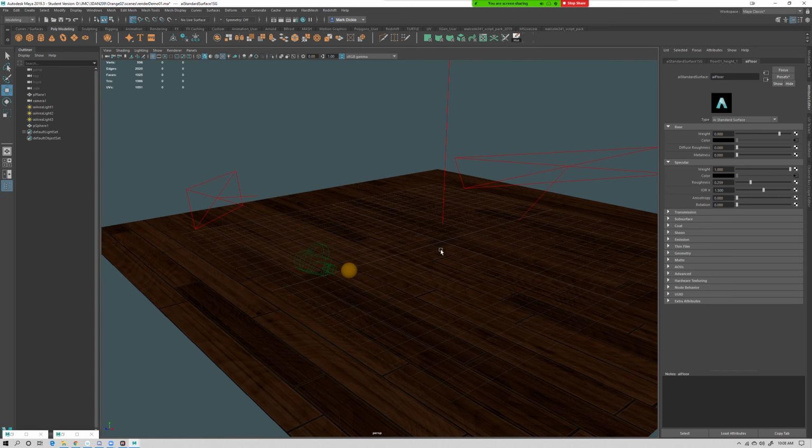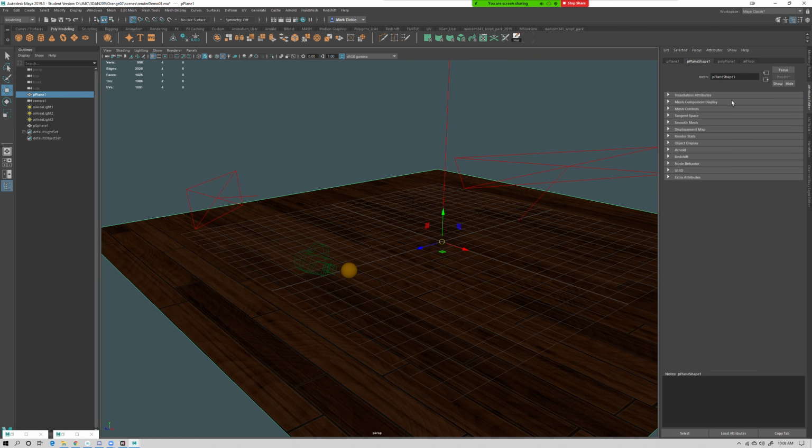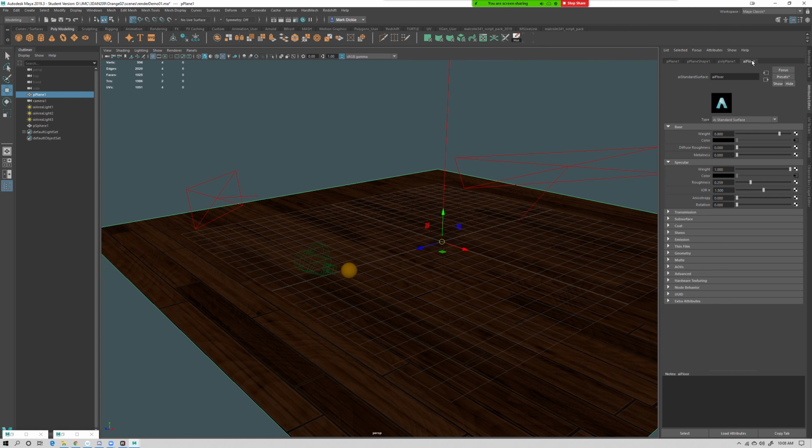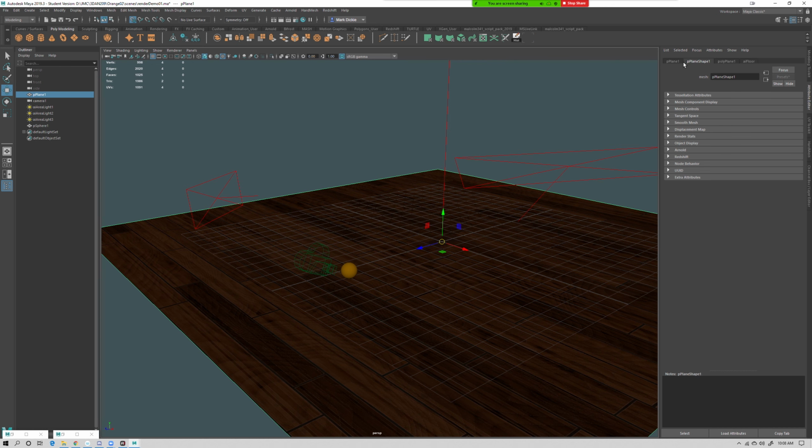And what you need to do is the actual geometry that it's applied to. So this floor, this is the shader that we've just been looking at, but for the actual geometry, you need to come into the Arnold setting and tell it to change the geometry when it renders. So at the moment it basically won't do anything if I render. If I open up this geometry tab, Arnold,